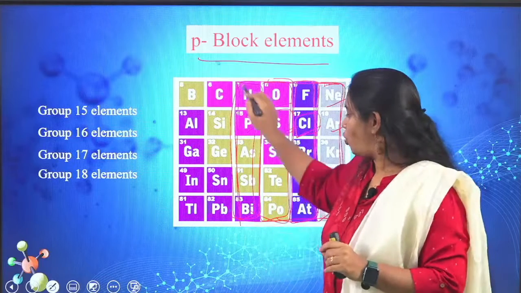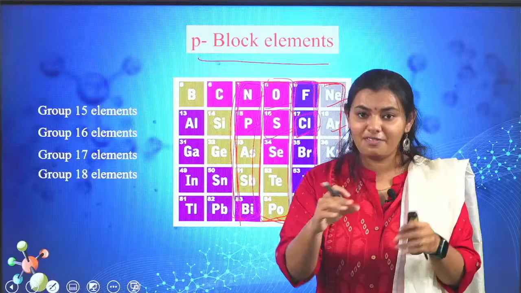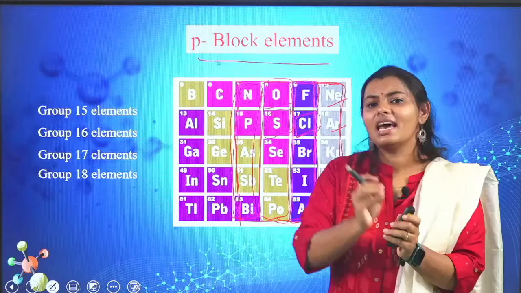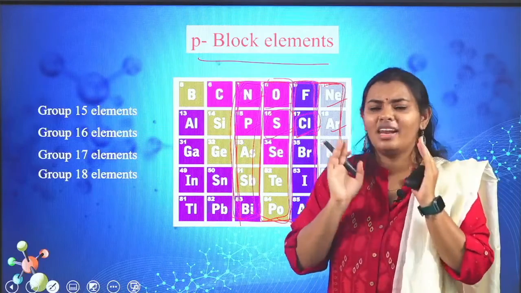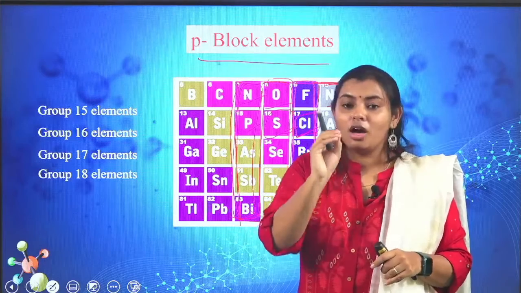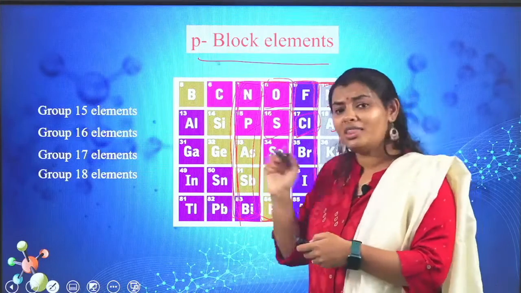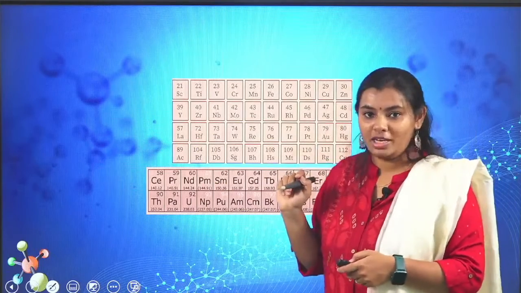So in group 15 also, what is an exception over there? For any property, which element is the exception? That is one thing you should concentrate on, and they ask it in your boards, especially in your competitive exams. One thing that you have to very much remember. The same case applies in inorganic chemistry generally.